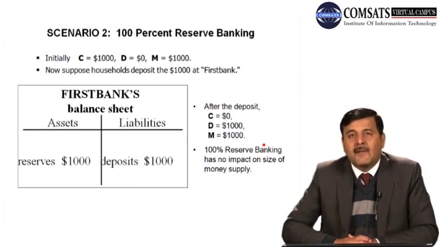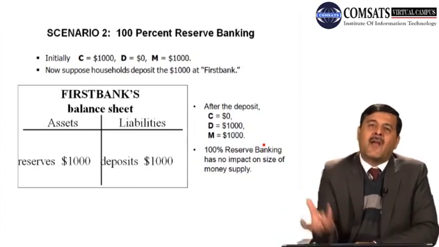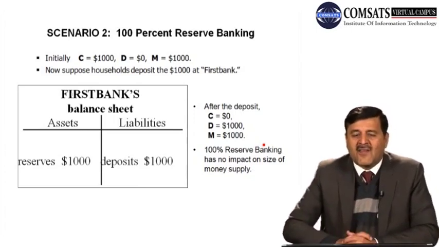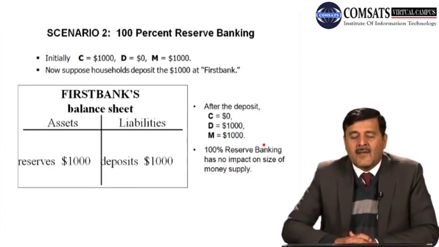So what will happen if the household deposits that currency which he has with himself? If he deposits that money in the first bank, what will the balance sheet be? The balance sheet of the first bank will be,